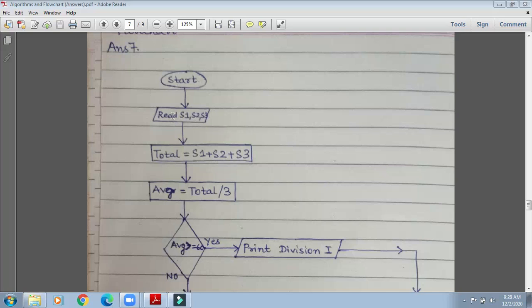Start, then read: S1 is 10, S2 is 30, S3 is 20. Now total is S1 plus S2 plus S3, so 10 plus 30 plus 20 will become 60, right? Now in this process, AVG equals total by 3, so total is 60, so 60 by 3 will become